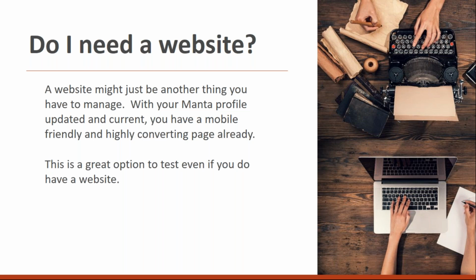You can measure a lot more if you have the website, so you can put tracking on it and see, am I getting calls and whatnot. But that being said, a lot of businesses actually are using their Manta profiles to send Google traffic to. And there's a good reason for this. One is that they might not have a website,